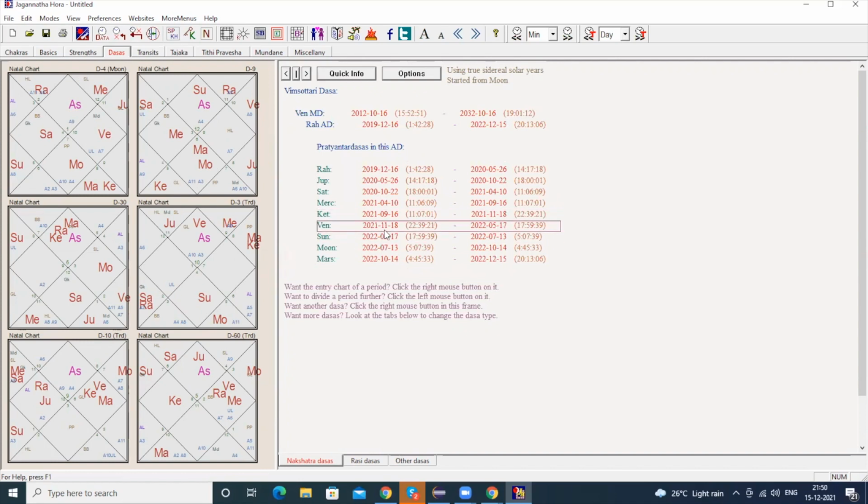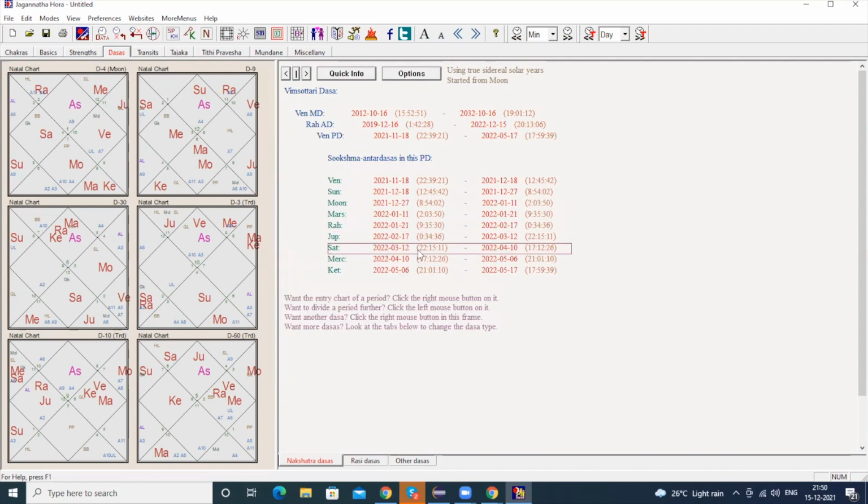Venus, okay. And if you again click the Sukshma Dasha, you'll get it. And then if you click on the Sukshma Dasha particularly, you will get the next dasha, which is Prana Dasha, which I have not explained to you guys. The Prana Dasha, and again, if you go further there is something known as Deha Dasha, okay. But I'll explain in the later videos. So you just keep seeing, okay.